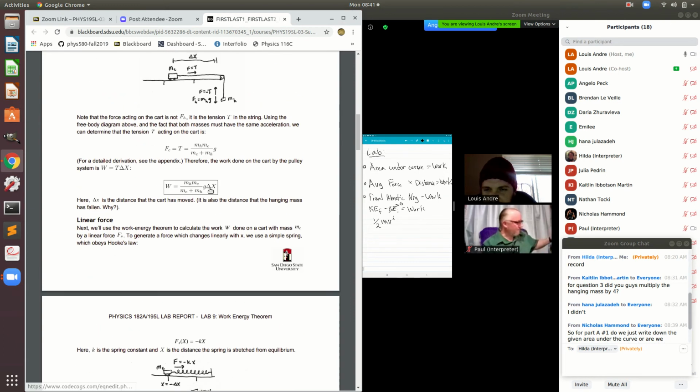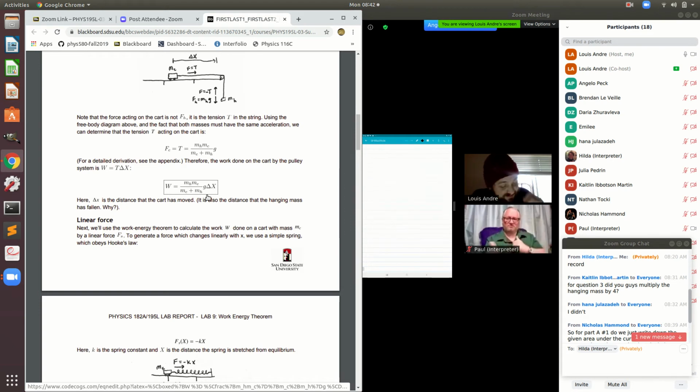It's a little silly using that expression, but we shall just go ahead and use that. This m sub h, m sub c divided by the sum of m h and m c multiplied by g delta x. That's just a fancy way to derive just force over distance, but okay. It's actually different from the last time I did this lab. Anyway,